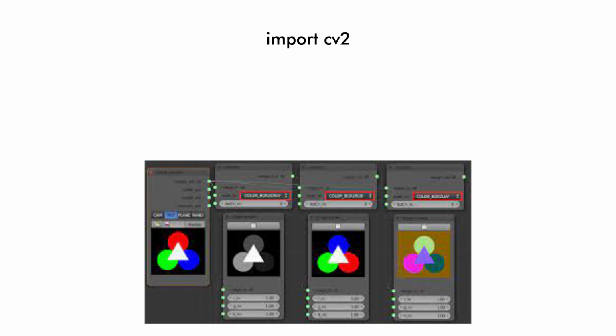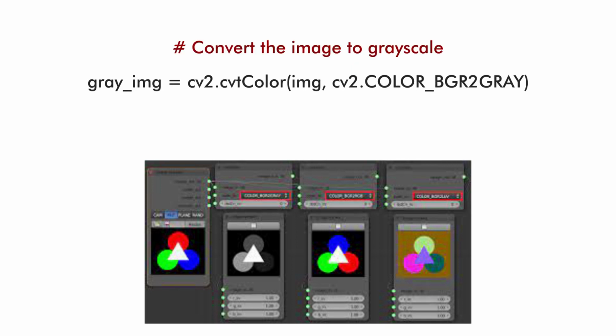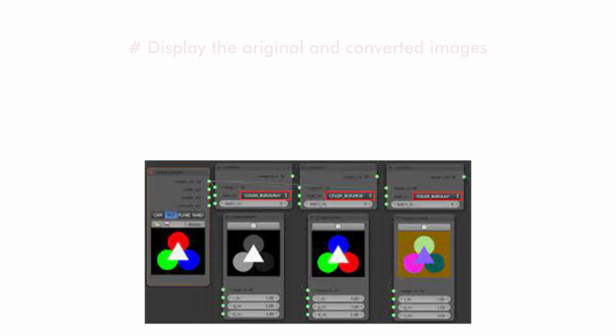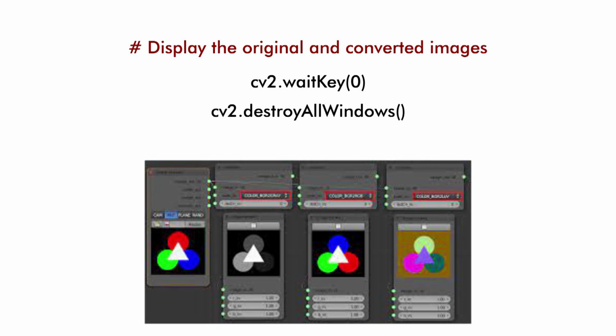In this code, again we import the libraries, first load the input image, then convert the image to grayscale, then display the original and converted images. Image show will show which one is the original image and which one is the grayscale image.